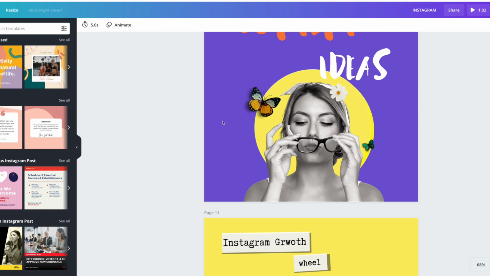So if you've decided to go for a photo shoot yourself or for hiring a photographer, this is one thing, and this will take you a little bit more time. But if you're creating content that has any kind of graphic elements, I would highly recommend you to use Canva. I'm a huge fan of Canva.